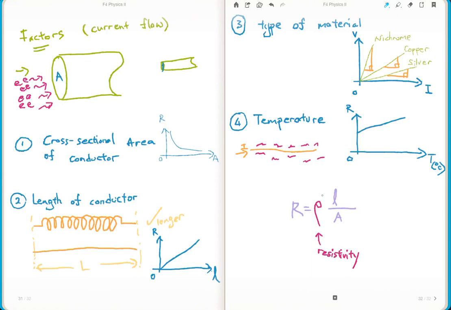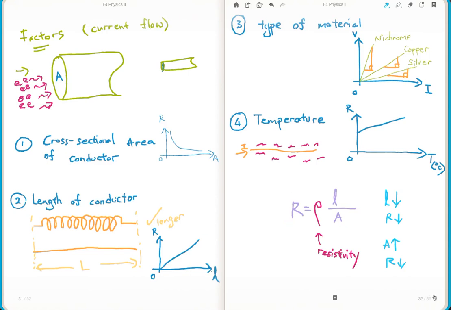So by analyzing this equation, what happened? When your length reduces, your R reduces. Or when your area increases, your resistance reduces, right? When one goes up, the other comes down. Inverse proportional. Before you pause this video and proceed to question doing or reading up your reference, I'm going to introduce you